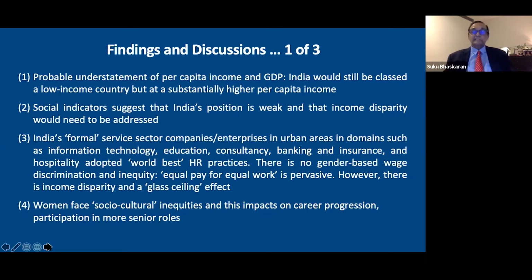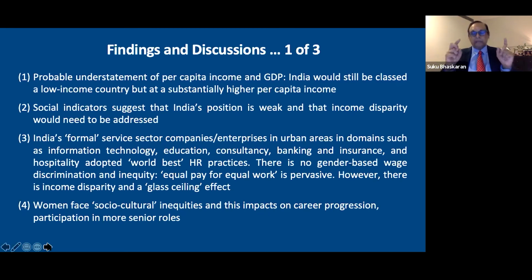However, this is the interesting bit. The concept of equal pay for equal work is pervasive. However, there is income disparity and a glass ceiling effect. We're talking about women in mid to senior level, but not at the director level and the senior management level. It is hard for women to progress into these positions, and that is largely not because of the employers, and I will talk about that a little bit later, but because of socio-economic inequities, because of how our society is structured,